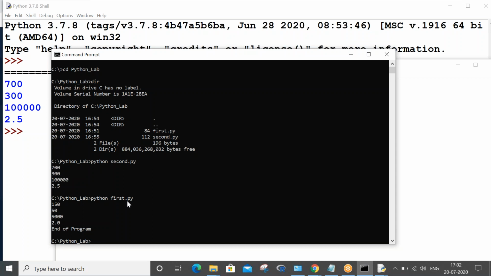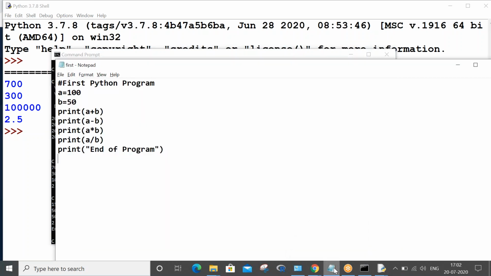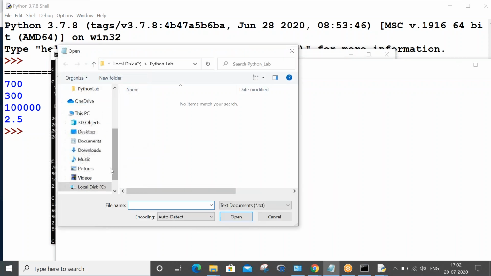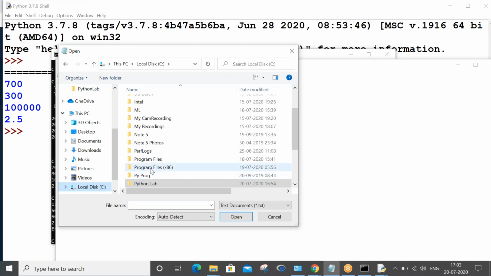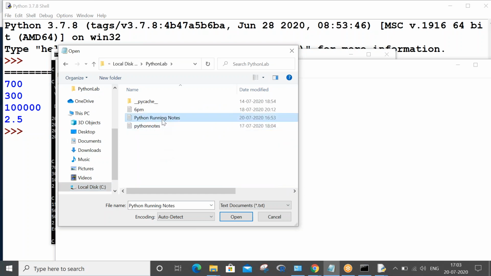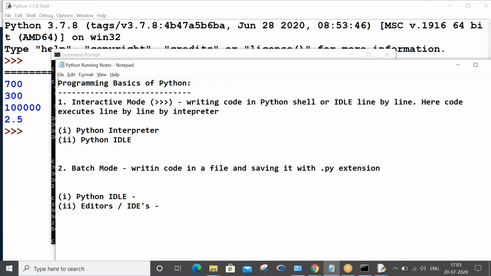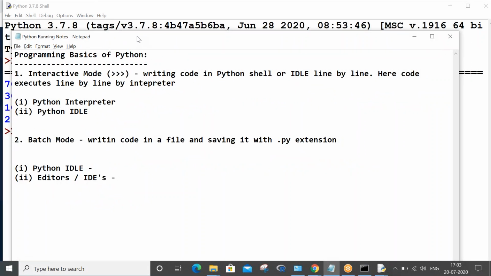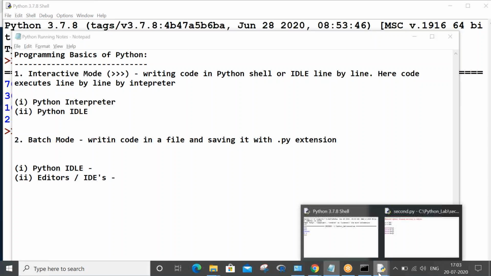So what is the advantage of interactive coding here, right? We have seen batch coding in every other programming language, but we have not seen interactive coding anywhere. So let me tell you the advantage of interactive coding. Interactive coding helps in finding simple and quick things. Let's say you wanted to find the data type of a variable. If you just type the type function, that should be good enough, right?